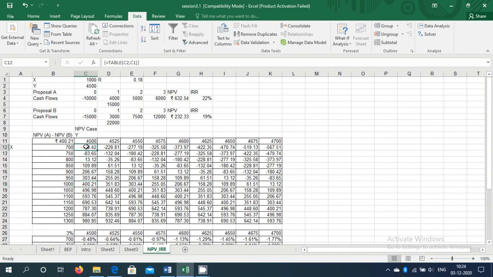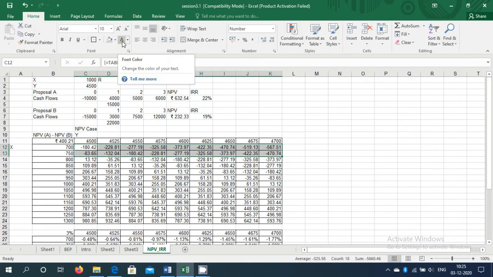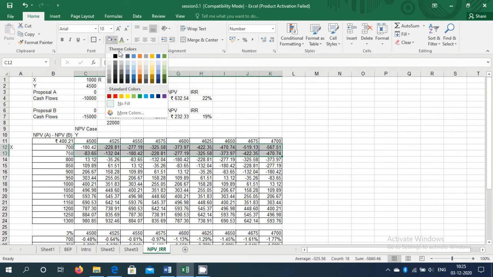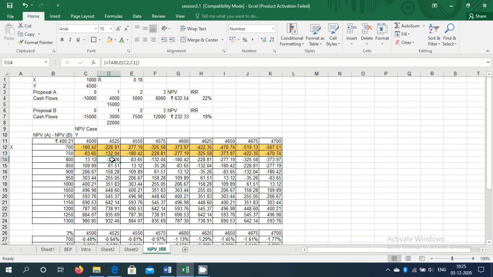Similarly, in this way we have found that if the return for x were 700 and then y is 4500, then all the time in this case it is ahead. But in different situations, just like the previous example, we can find different types of situations where sometimes x is better, sometimes y is better.